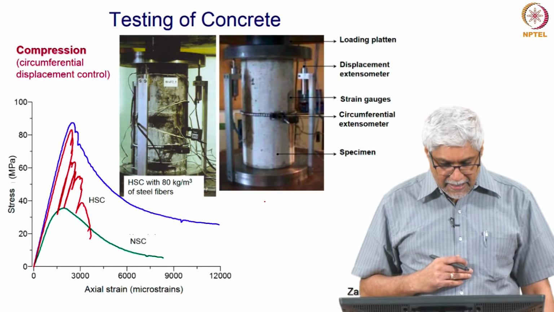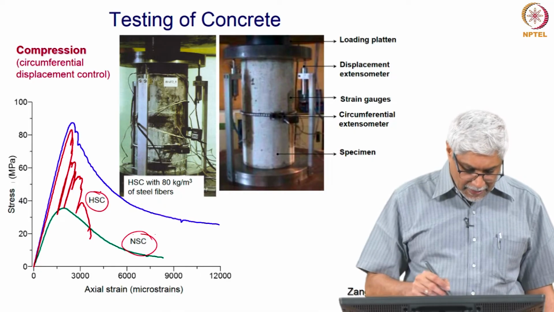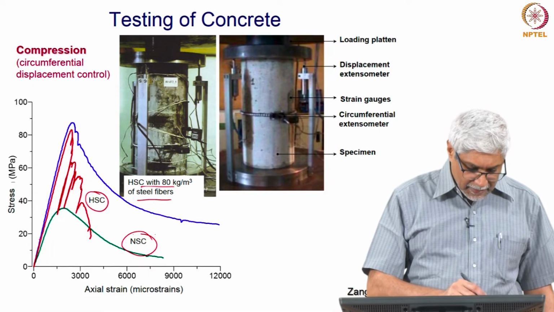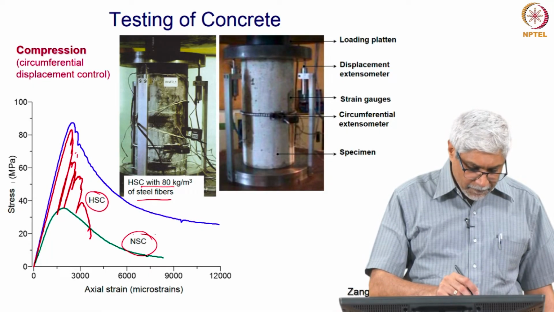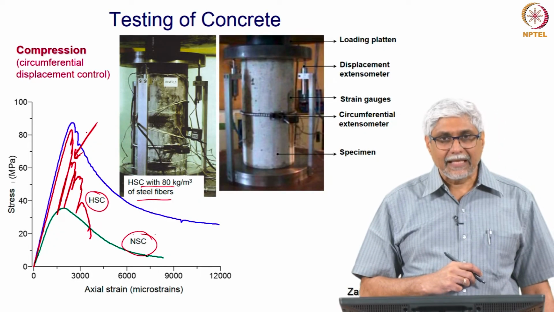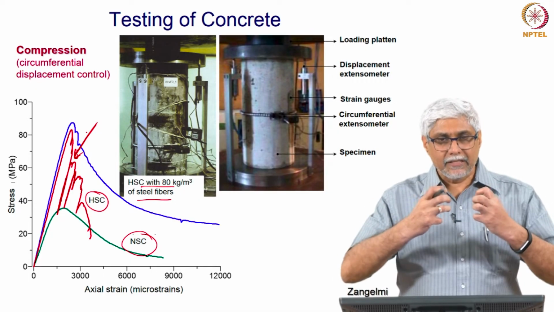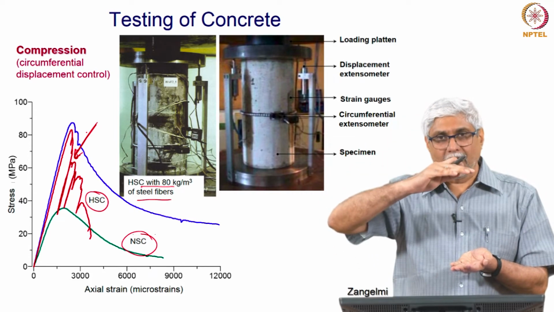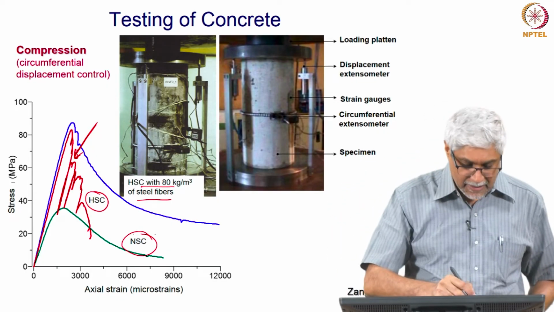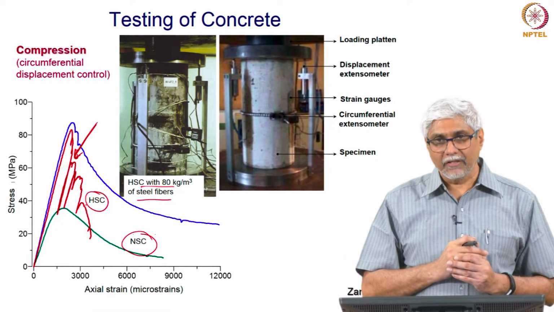These are some tests by our group which show the normal concrete, high strength concrete and fiber reinforced concrete behavior, and you can see that we have been able to capture the high strength concrete behavior even though there is a lot of snapback. I talked about snapback earlier. When we do very high strength concrete, the concrete is so brittle that there is no constant increase of deformation. After some time the specimen just starts to break apart, but we still want to capture this, because for structural analysis we need to know how this concrete is going to fail.